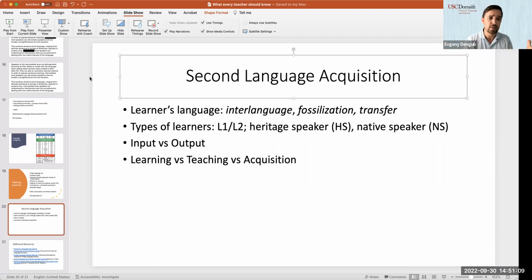One is interlanguage. What our students use is not Russian, is not English, it's an interlanguage they create, their mind creates, using what we teach them, using what they see, what they get through various other inputs, and that's their interlanguage. That's the language that they are learning.